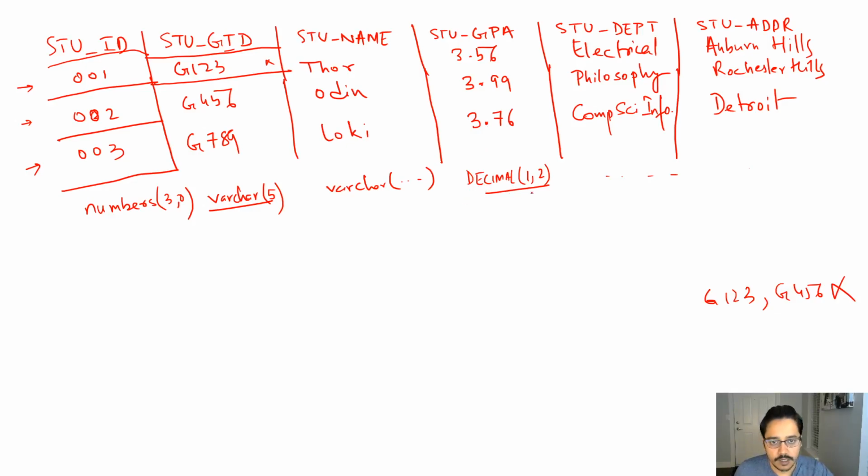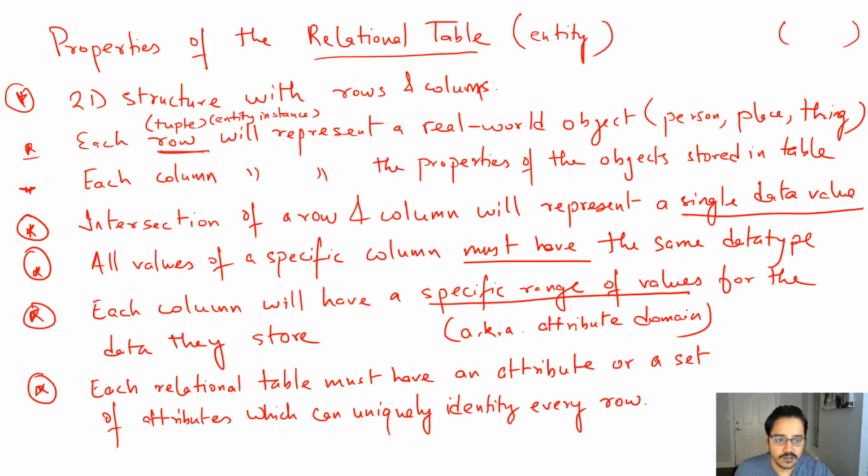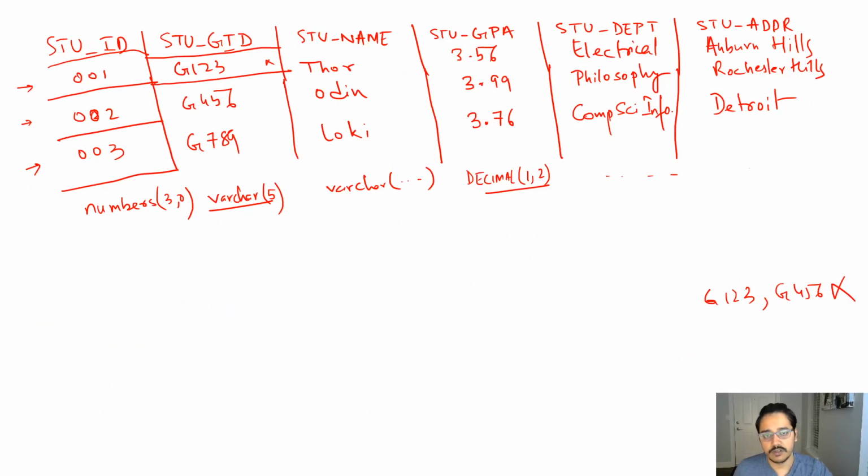But whatever it is that you select, all values must conform to that same data type, okay? And then the next property is there will be a specific range of values. Whenever you're declaring this table and implementing it using SQL or the data definition language, you will have to specify the range of the values. As you can see here, I am specifying the range of the values along with the data types of these attributes, right? So for this particular data type here, student GID, if I'm trying to enter a GID of